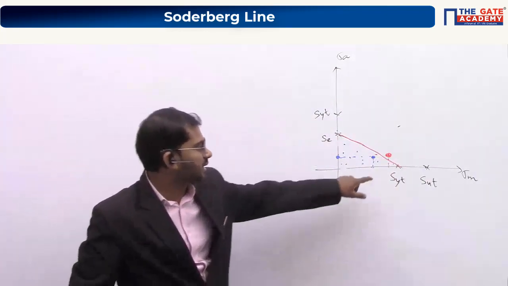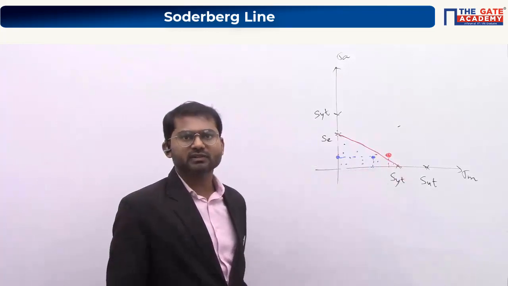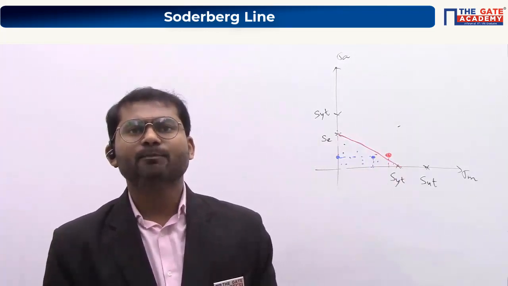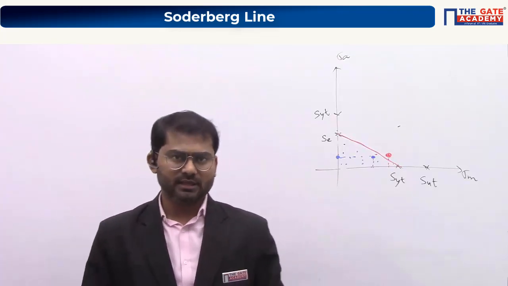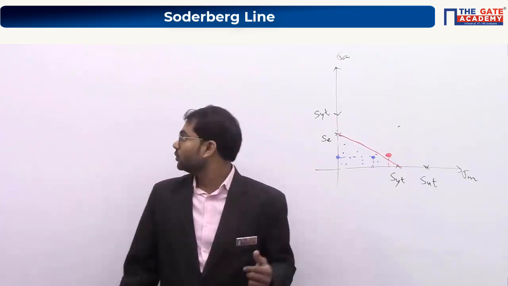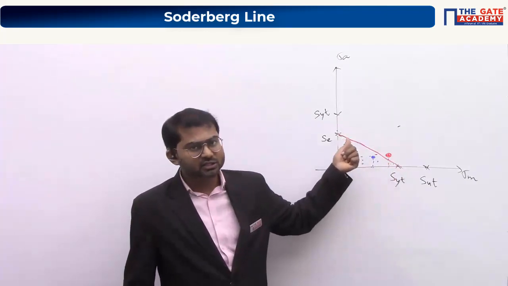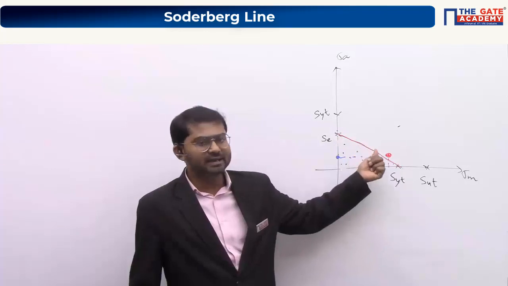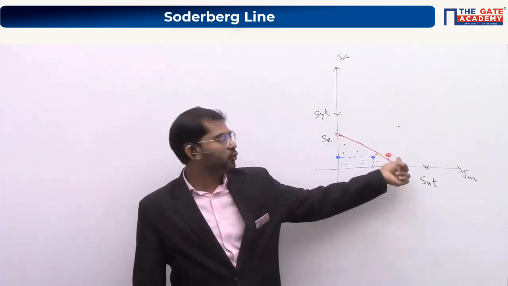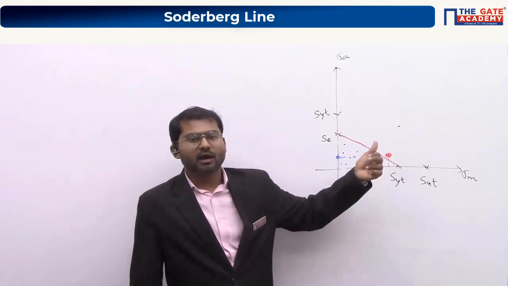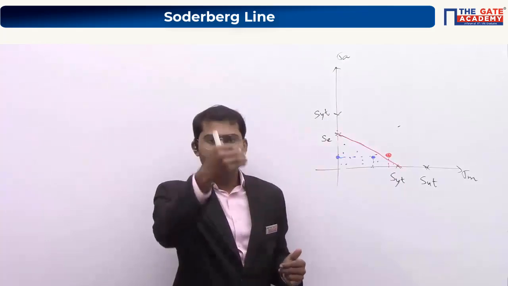So first of all, let's take the equation of this line here. How to get the equation of this line? Why did the red point lead to a failure? Kumar Vishesh, I told you that though the points may be less than SYT and SE here, that is not the ideal way in which things turn out. You cannot expect to avoid failure by thinking theoretically based upon this diagram. But when you do the experiments, you will understand that the failure is going to happen.